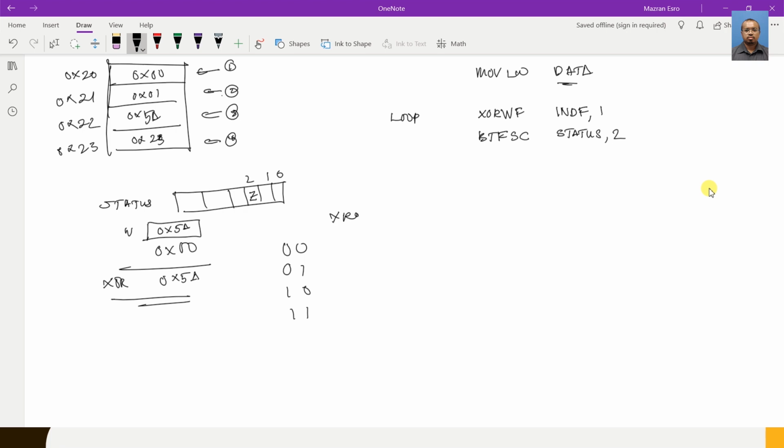So XOR, what you get is 0 and 0 will become 0. If one of them is 1, the answer is 1. If both of them are 1, the answer is 0. Alright. So meaning, if you have the same number, 0 times 5A is actually what? Okay, 5 is 0, 1, 0, 1, and then A is 1, 0, 1, 0. Okay, and you compare with, let's say you have another number which is the same as 5A, then you will become